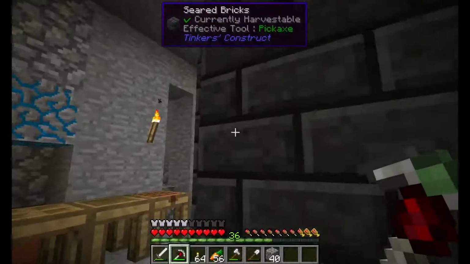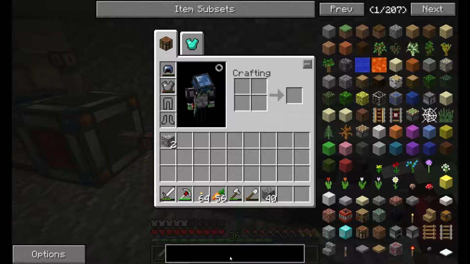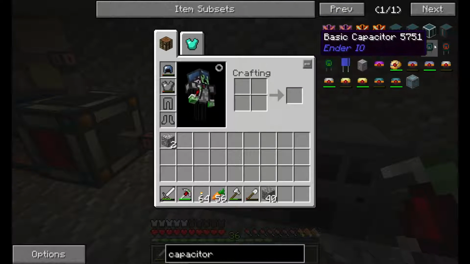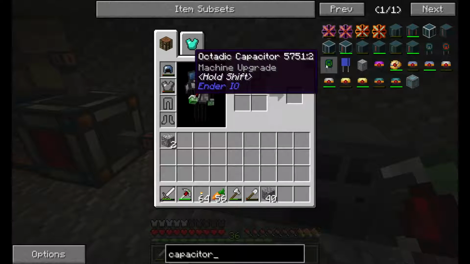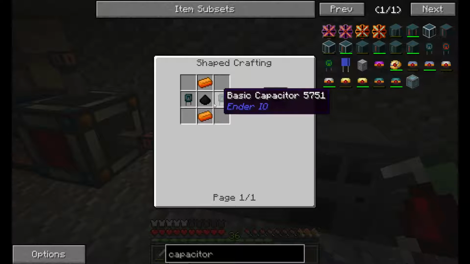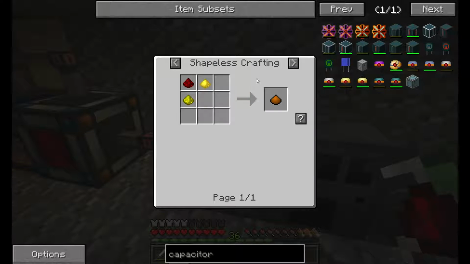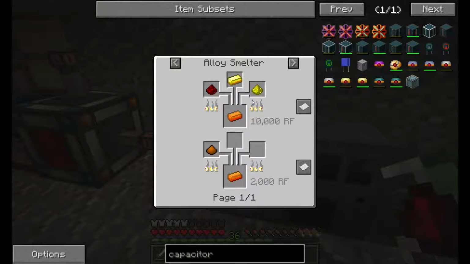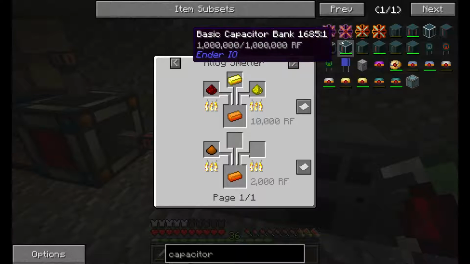With basic ore processing, I've got my smeltery, I've got this set up as well, which I can easily upgrade with some capacitors. So there's the double layer upgrade, a capacitor, which increases energy storage and speed range of machines, and then you've got the octadic capacitor, which upgrades again. So these require energetic alloy, which, thanks to Buildcraft Editions, is gold powder, glowstone dust, redstone, and then you smelt it. It used to be that you had to cook it in an alloy smelter, which is really annoying when you're trying to get set up, because it's quite hard to get that set up. But anyway,